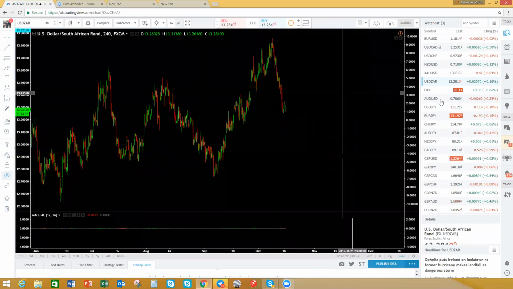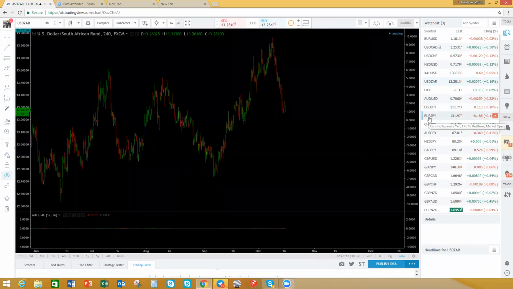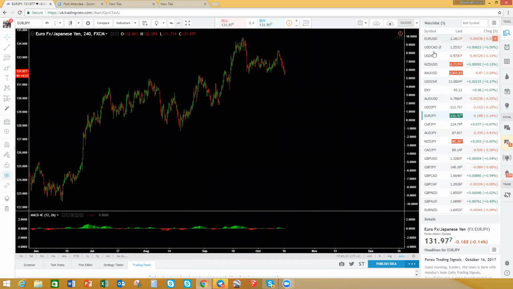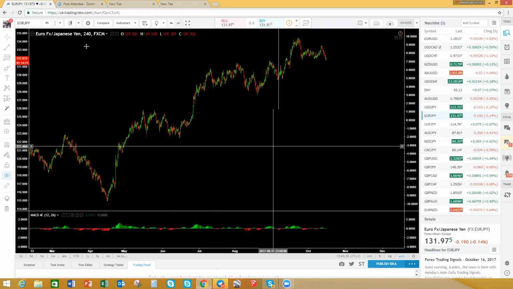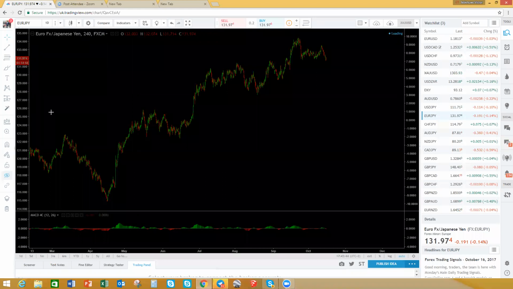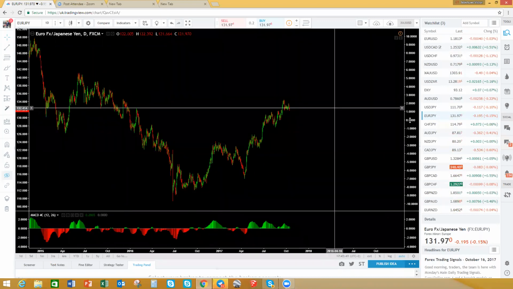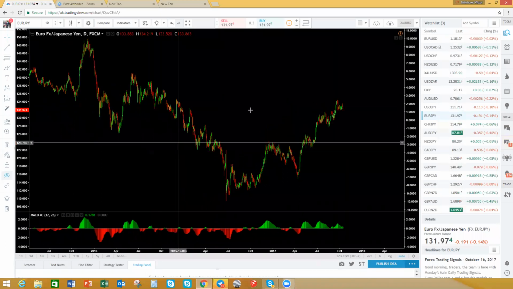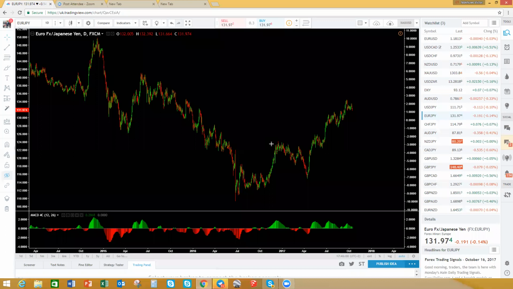So that's US dollar ZAR. We've discussed AUD USD, USD JPY, Euro JPY. It's a very nice, interesting one. Okay, I'm just going through them the way they are listed on my watch list here. So if I just go to the daily time frame, you will see that this is what I was anticipating